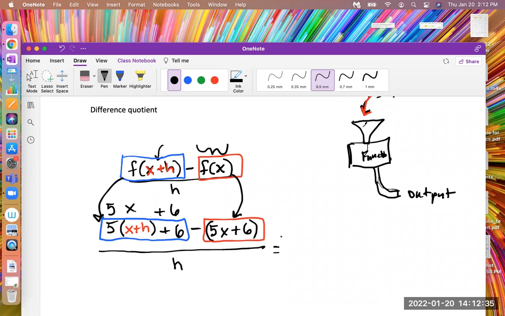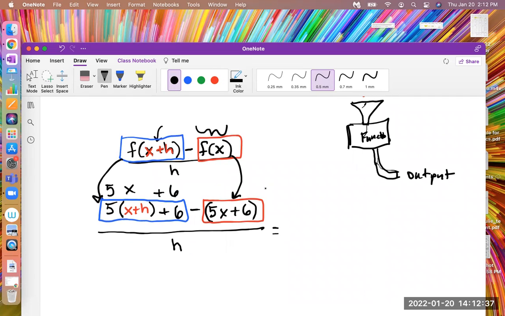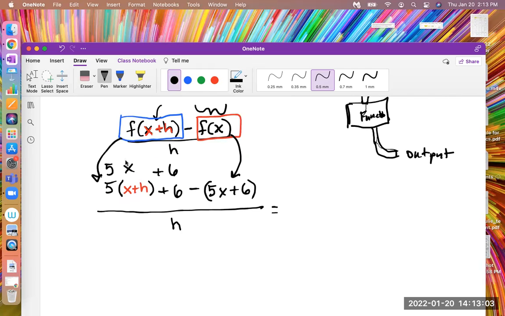So now I'm just going to simplify this. And I have to be very careful here, knowing that I'm subtracting that whole function, so I had to put that function in parentheses. That's important. Otherwise, I would have made some kind of small arithmetic error. Also, it was important that I put the x plus h in parentheses because that is a binomial. When I multiply an outside number by a binomial, I have to make sure to multiply everything in the binomial by that outside number, in this case, the 5. So I need to distribute well and correctly here.